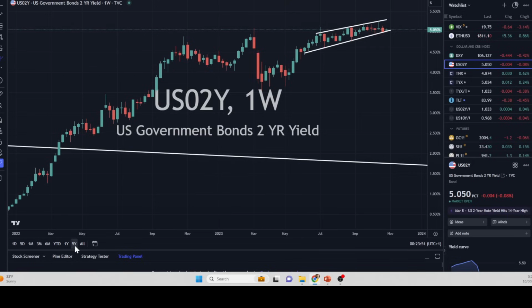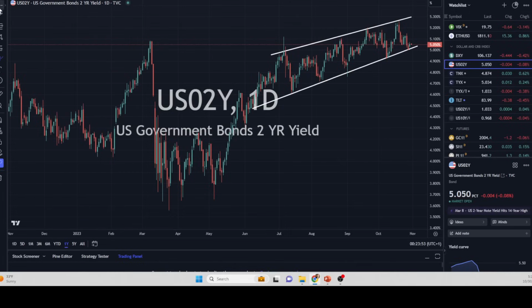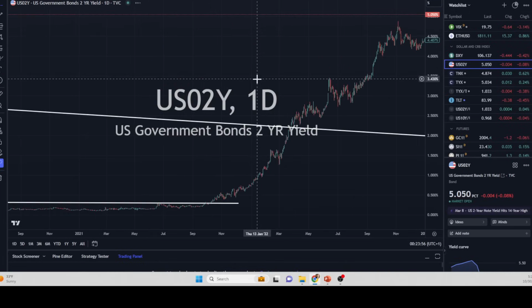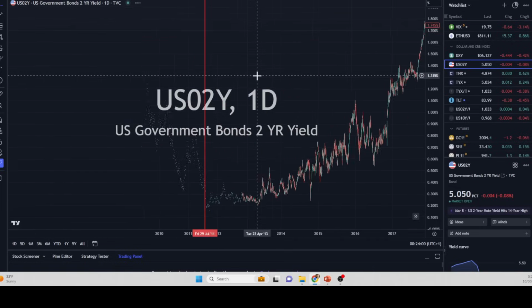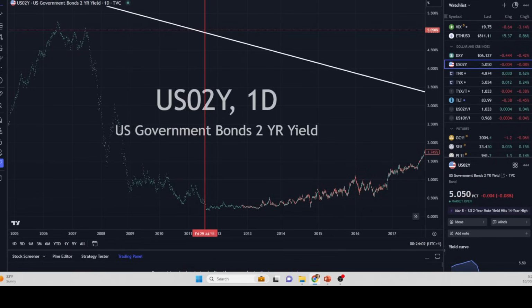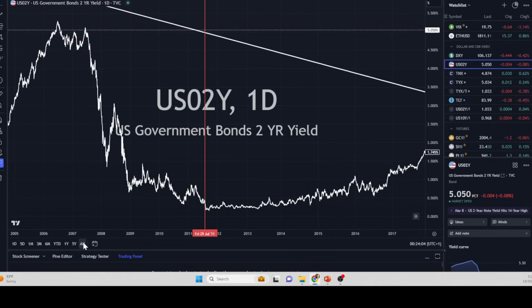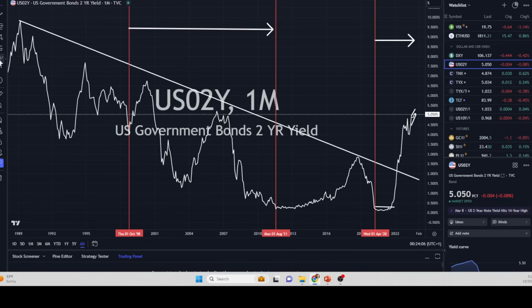So if we were to look at the last bull market to see how this behaved, last bull market and then bear market, I'm going to go back to the commodity markets. I'm just going to put it as a line. So this is the 2-year. We can see that we had a commodity bull market start here. That's where it started. It ended in 2008, which is over here. There's your commodity bull market there. From red line to red line is the bull market for gold.